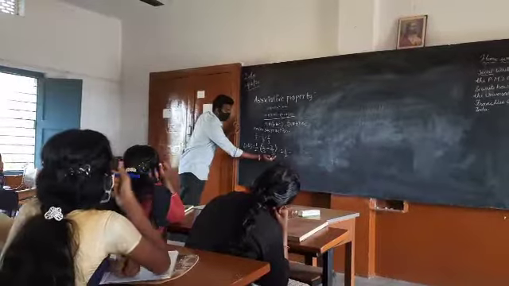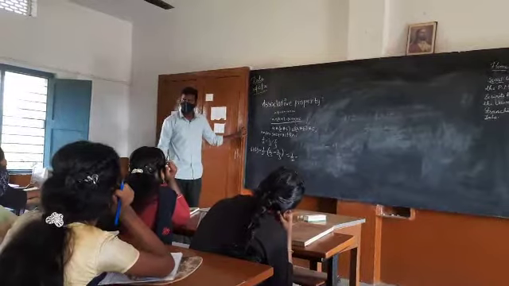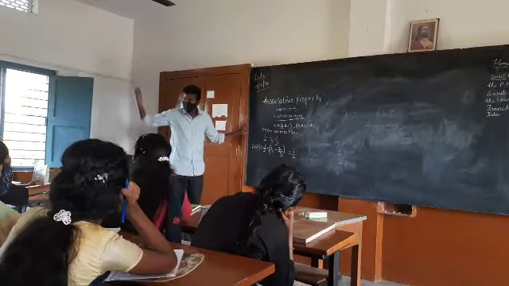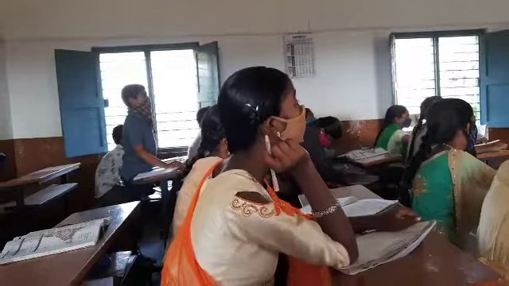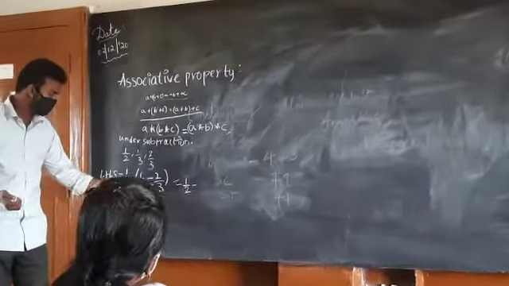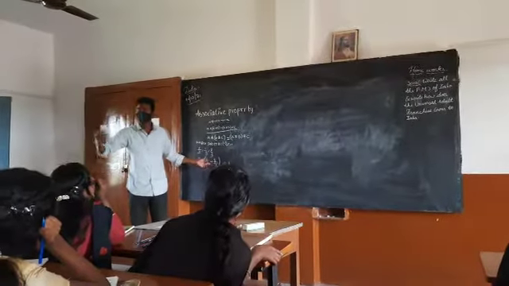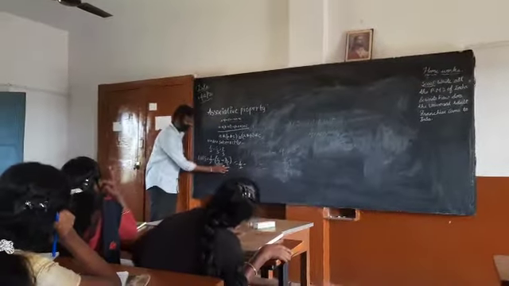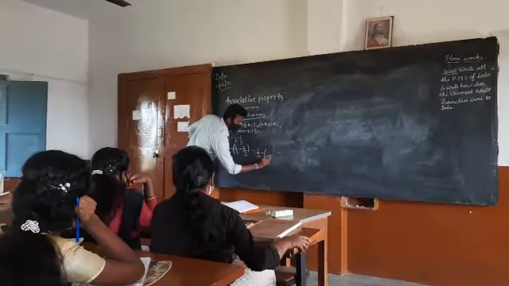Does anyone know the solution for 1 by 3 minus 2 by 3? Who knows that? Yes, you. 1 3 is 3, 3 2 is 6. Please sit down. Here he has gone for multiplication. The actual thing is subtraction. For subtraction or addition, we check for a common denominator. A common denominator is already there, so the denominator stays as 3 only.